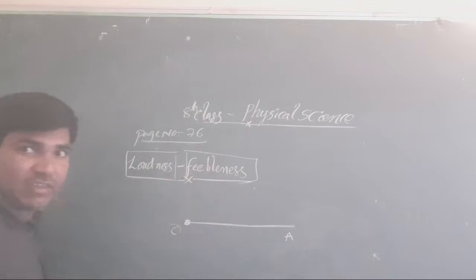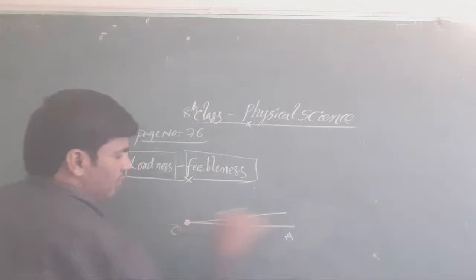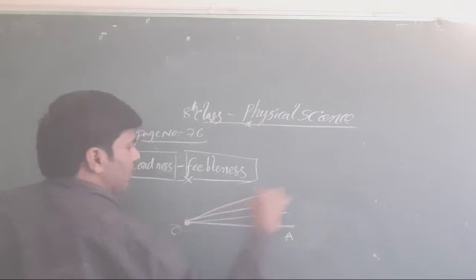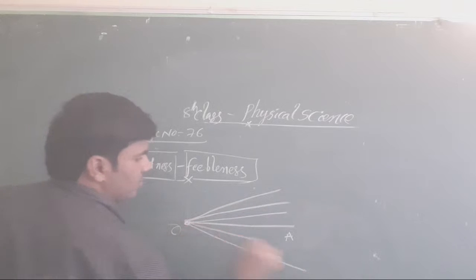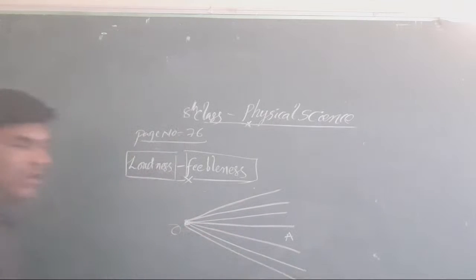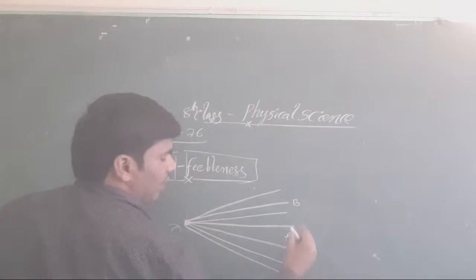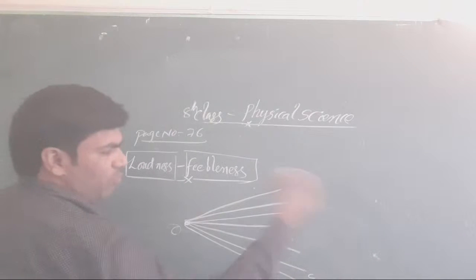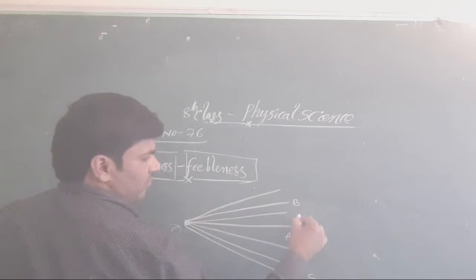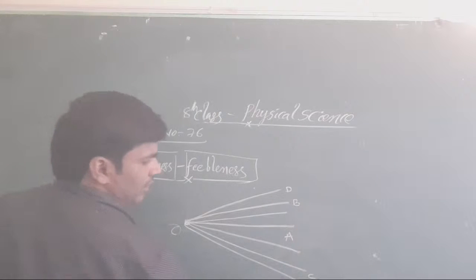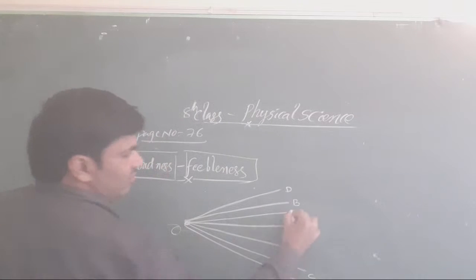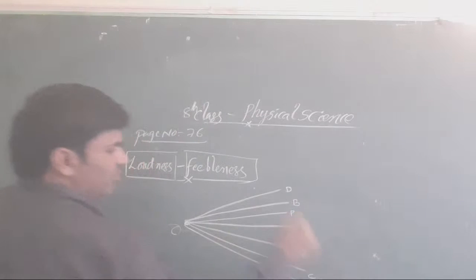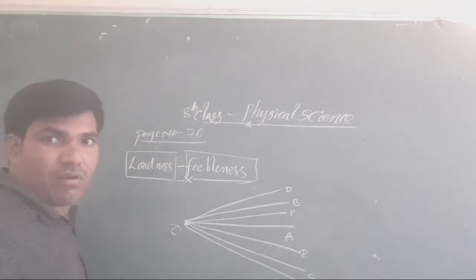When you check the vibrations, at that time it looks in this particular manner. Clear or not, all the students? In this particular manner it looks for us. Here, suppose we take this as B and this as C. Now, I have taken more than our textbook. Now I take this as D, this as E, this as P, and this as Q. Clear or not, all the students?